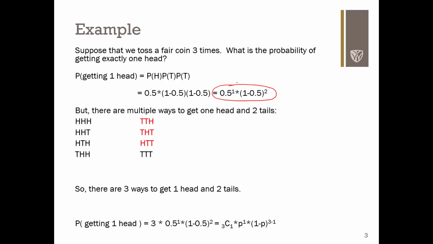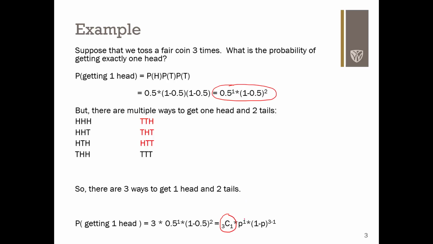So if we want to know the total probability of getting exactly one head out of 3 coin tosses, well, we know the probability of that particular sequence occurring, and we know how many times that can occur, so we can just do the multiplication. And if we do that, you see down here at the bottom, we've collected things up, and so we have this strange looking coefficient here. That's the number of ways that we can get one head and two tails.